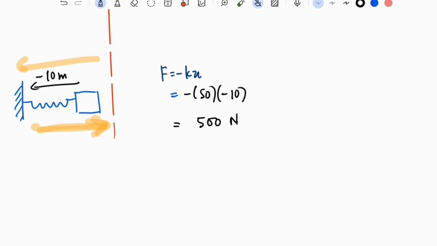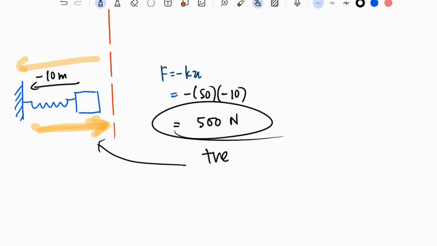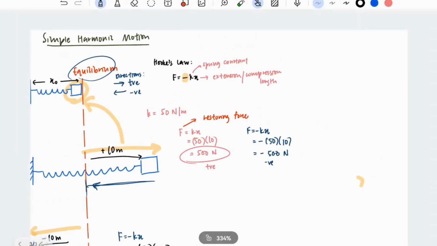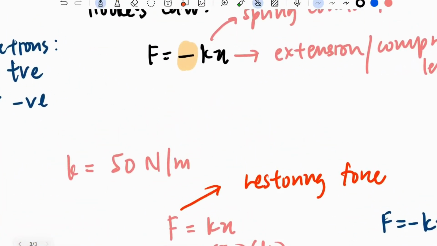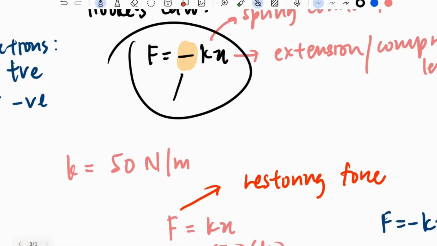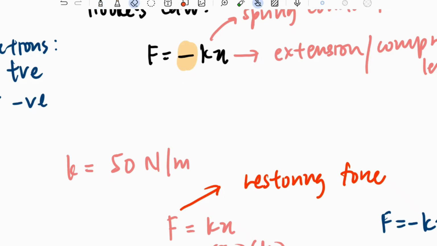And this is a positive value. So, it proves that our guessing is right. That yes, your spring force is directed towards the positive side, which is in this direction. Right. Okay. So that is why, in conclusion, your negative here is very, very important. Okay. Now that we know about that,